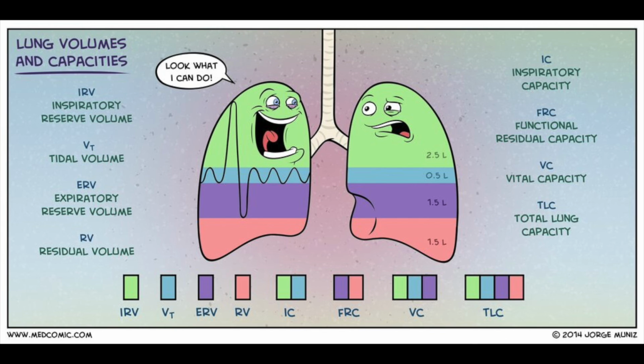Respiratory capacities are sums of two or more respiratory volumes; the total volume of air contained ranges from 4 to 6 liters. They include functional residual capacity, inspiratory capacity, vital capacity, total lung capacity, and forced expiratory vital capacity, the rate at which lung volume changes during direct measurement of vital capacity.